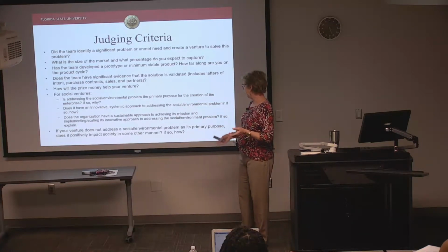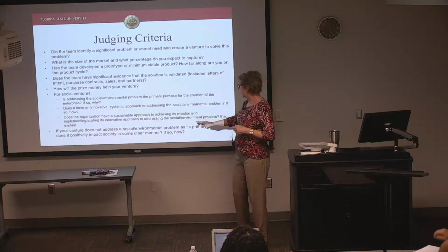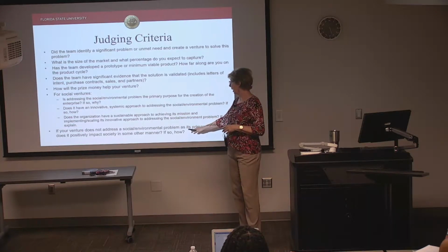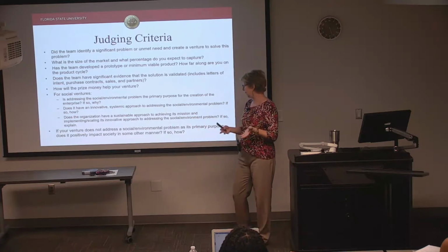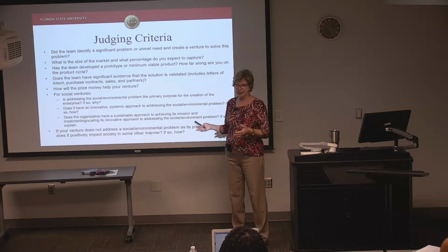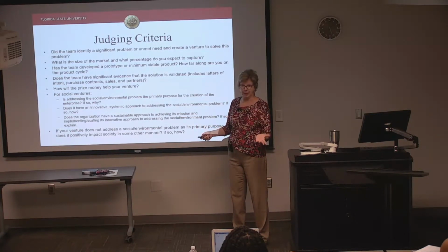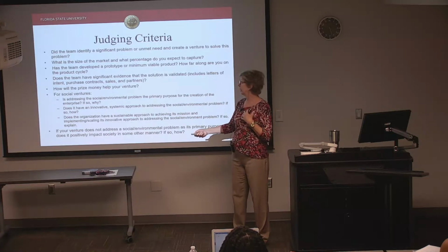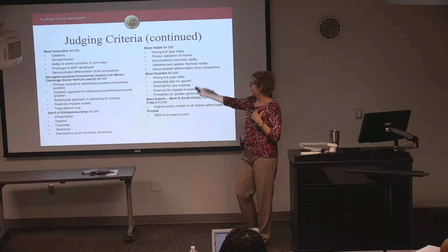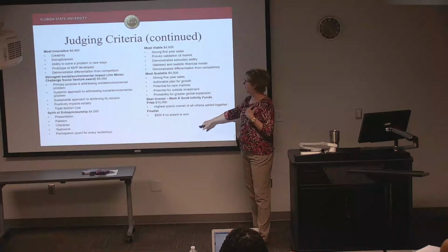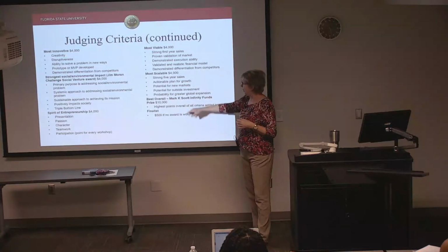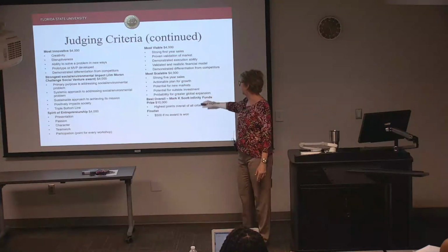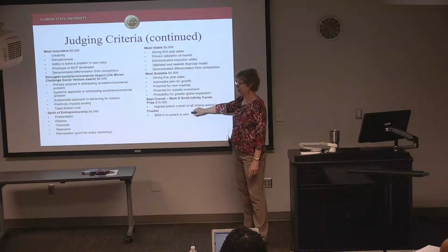And even if it's not specifically a social venture, if it's a normal commercial type venture, how does it positively impact society in some other way? A lot of other ventures still do something good, or at least do no harm to the environment. So these are the specific criteria for each of the types of categories. The one with the most points, best overall, is the highest points. So for each of those criteria,